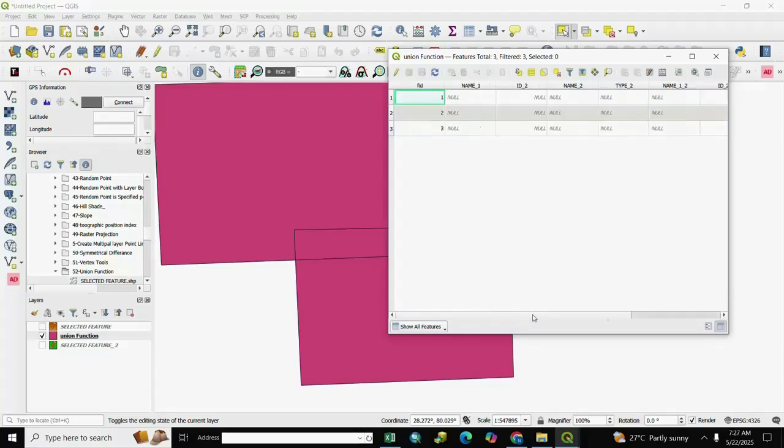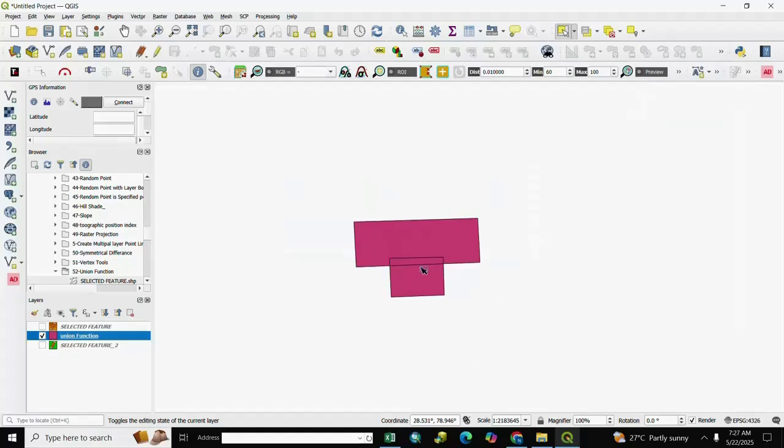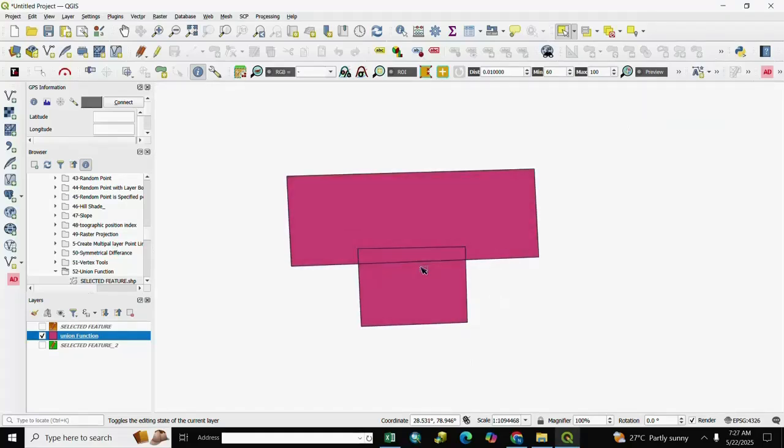We create union to merge attributes and create another layer for overlap.